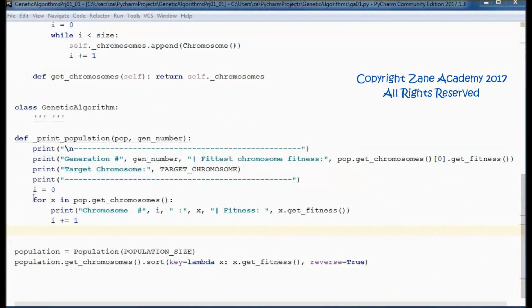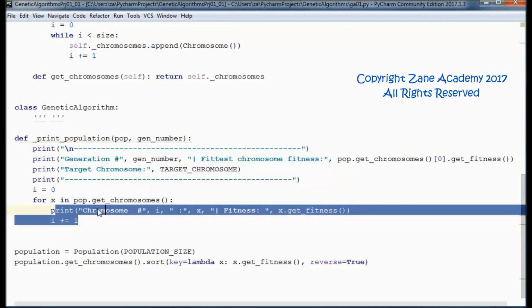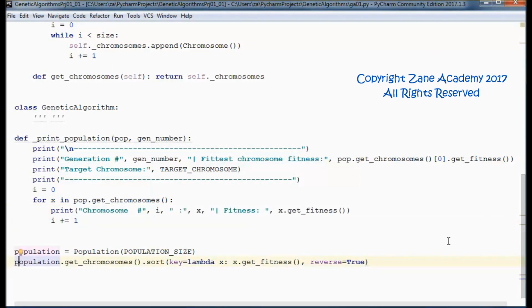So here we have a for loop going through all the chromosomes in the passed population and printing them. And let me call this method from here with a generation of 0.